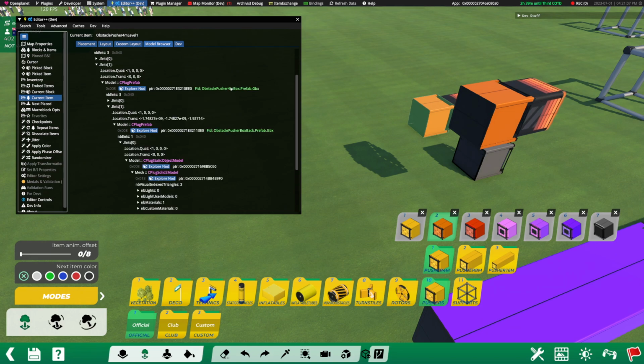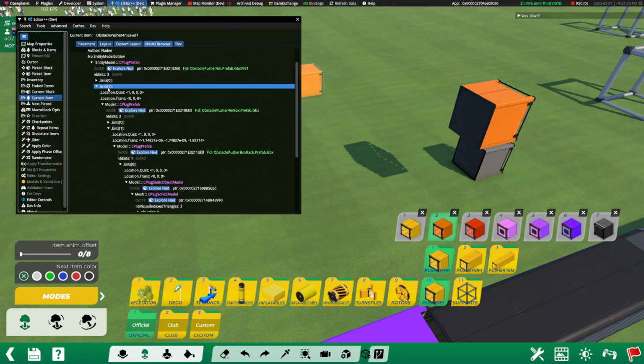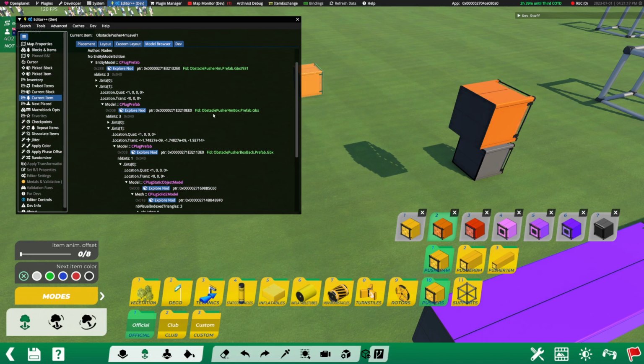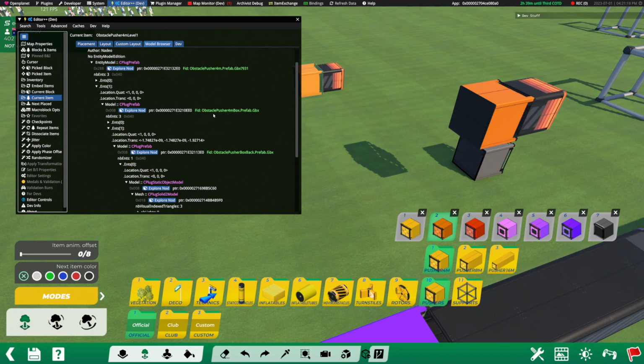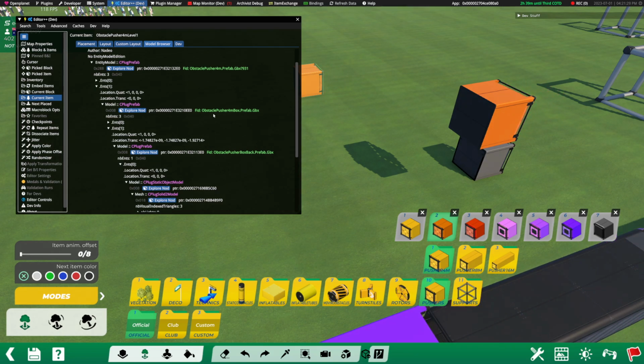One thing as well, so we're going to try and maintain some of the same structure, but we are going to change the structure. By structure, I mean the tree structure here. So in our normal vanilla item, we've got 3 entities nested under a prefab, and then the middle entity has a prefab which then has 3 more entities. So what we're going to do is just linearize that essentially. So we're just going to have a big list of items, and we're not going to worry too much about